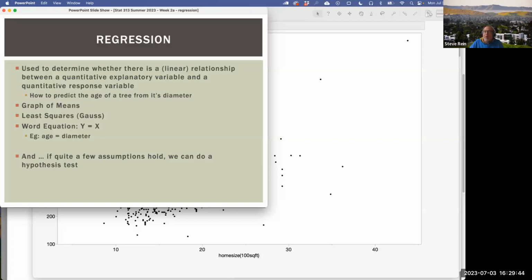Those from a more mathematical and engineering background may have heard of it referred to that way. In my discipline, we call it regression, for regression to the mean, which is a term invented by Francis Galton, Charles Darwin's cousin, cool guy. Actually, he's a bit of a dick, but a different issue. And instead of regression to the mean, he called it regression to mediocrity. So if you look up regression to the mean in Wikipedia, it might tell you it's really called regression to mediocrity. And if you look up Galton and regression to mediocrity, you can see the explanation for how